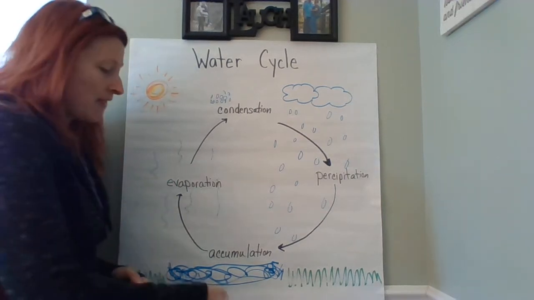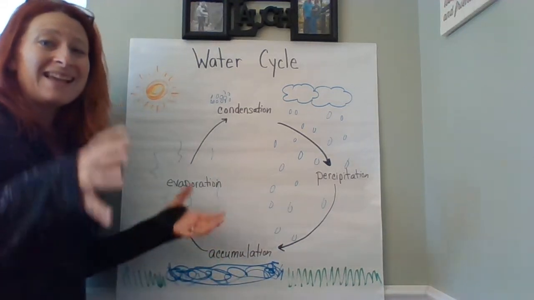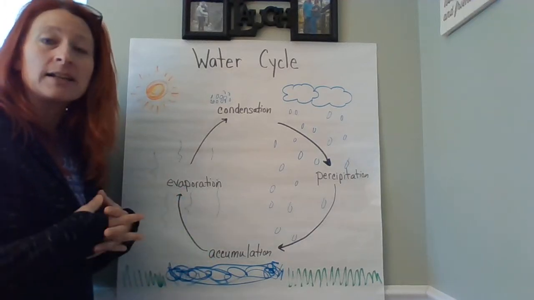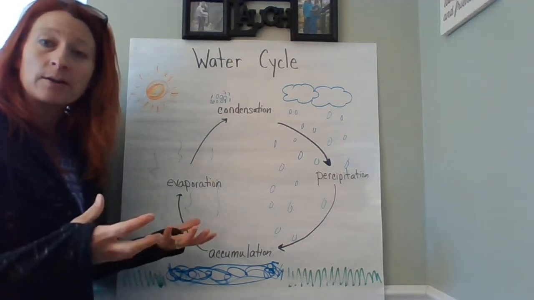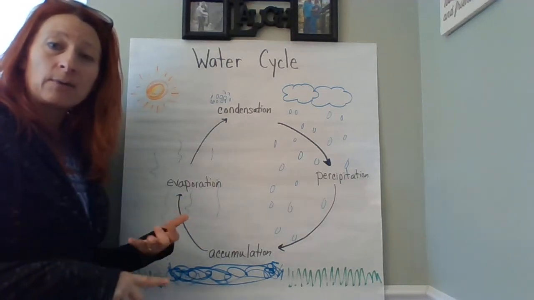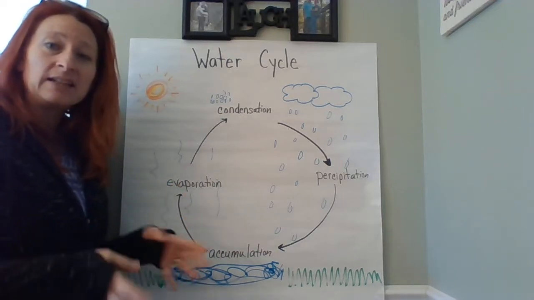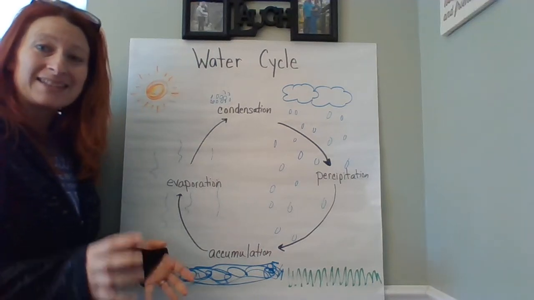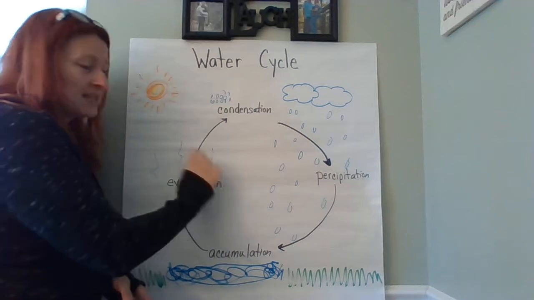And then that accumulation sits there until the sun comes out and the sun heats it up. And it has this stuff called steam. It's kind of like when it comes out of your pot while you're boiling water for pasta, macaroni and cheese, rice, whatever you're making. Sometimes your hot tea, if your parents drink coffee, you might see that steam coming off the top. That steam is called evaporation. So all this is evaporation.